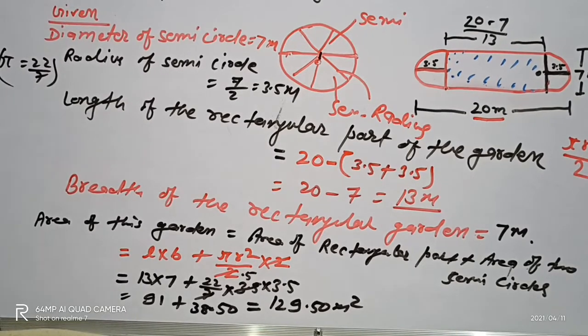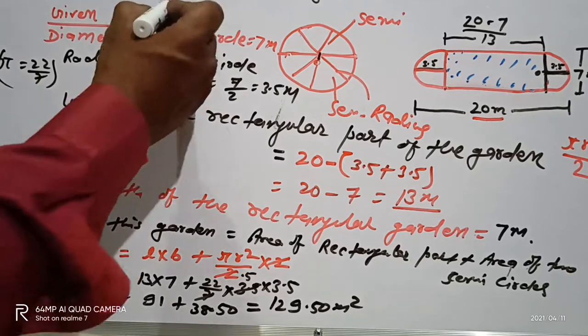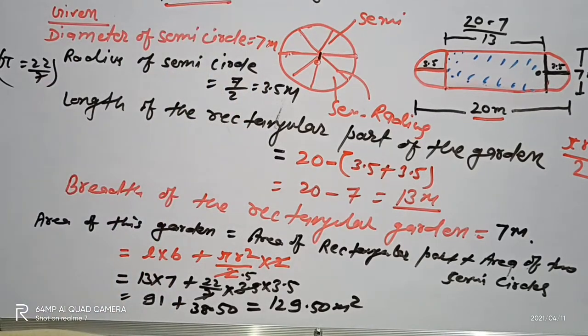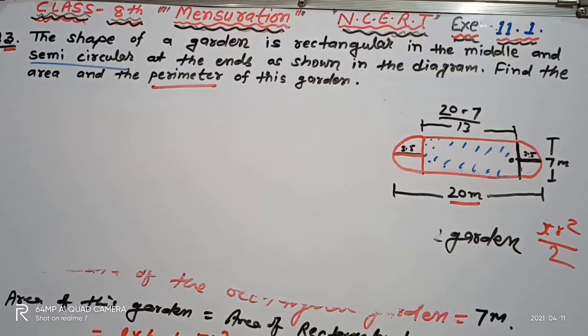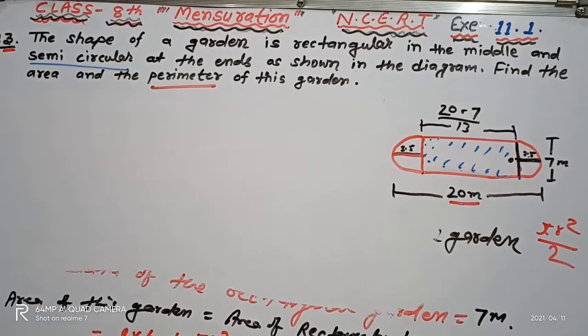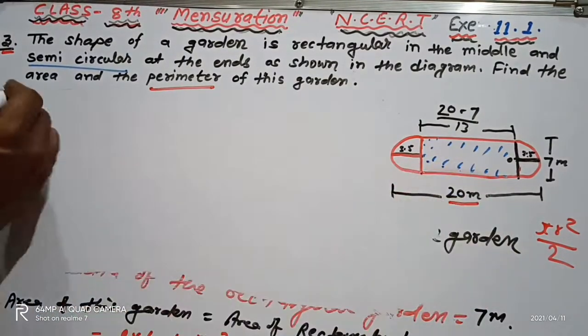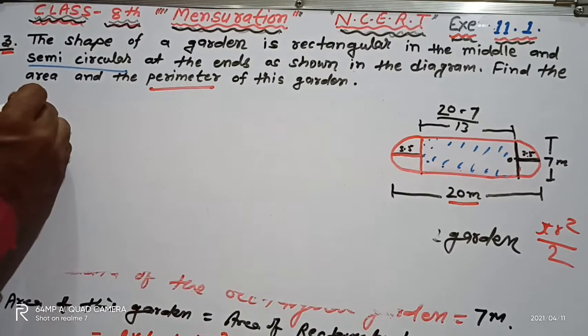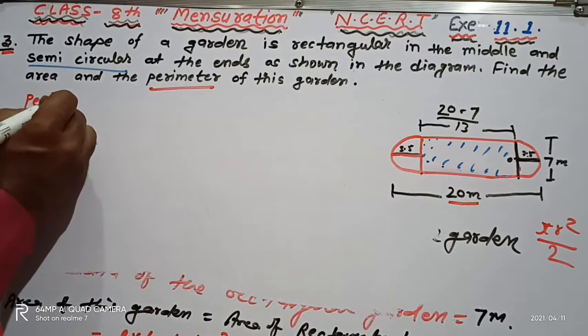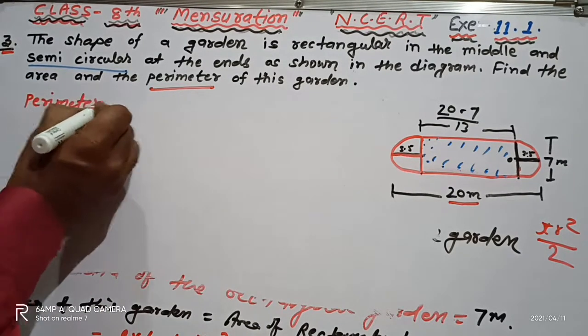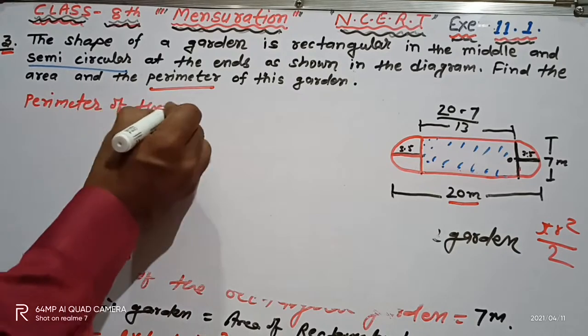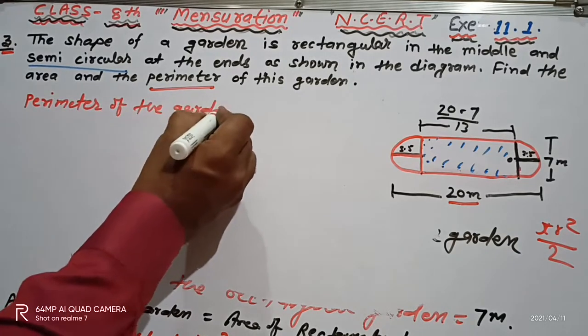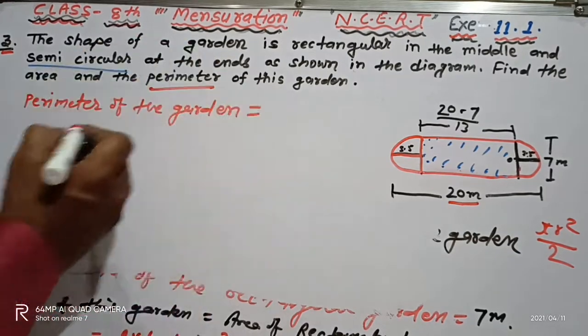So let's go and find out now the perimeter of the garden, because here it is given that we have to find the perimeter also. Now we have to find the perimeter of this figure. So you can write there, perimeter of the garden will be equal to